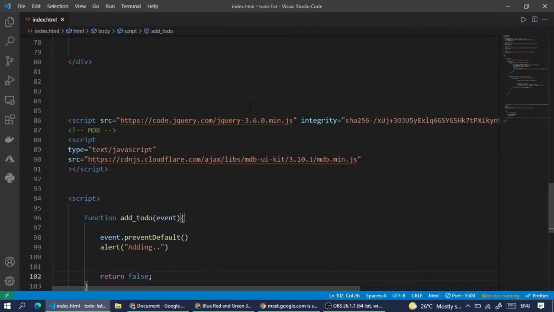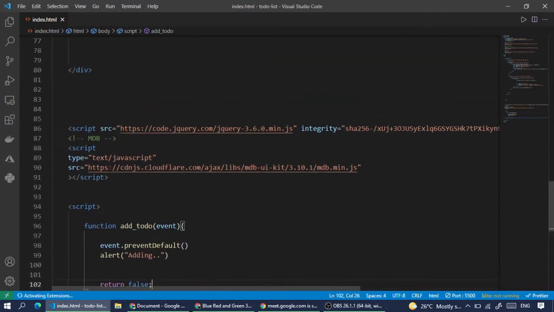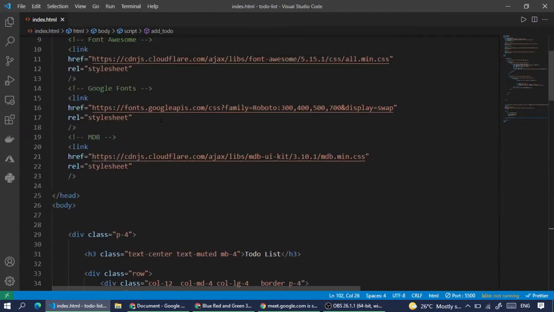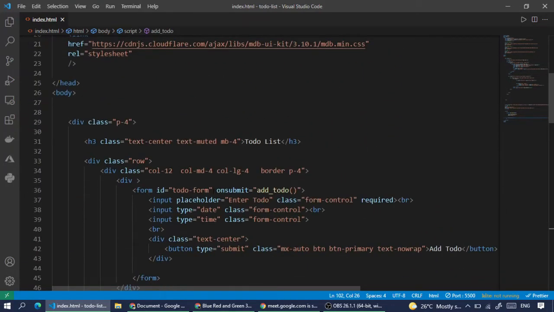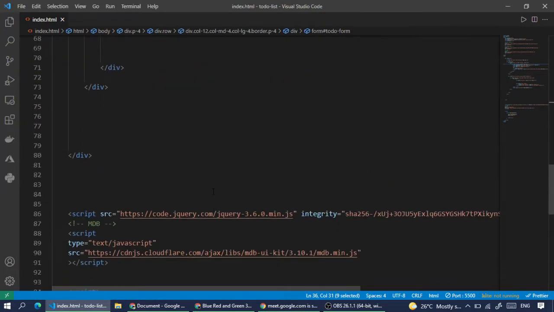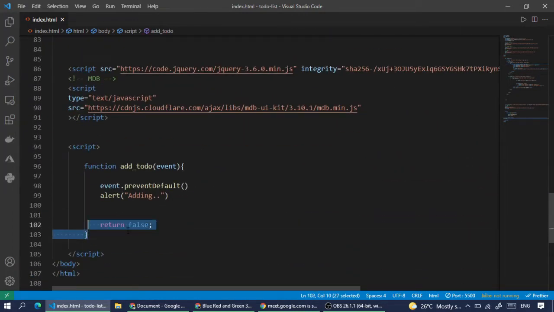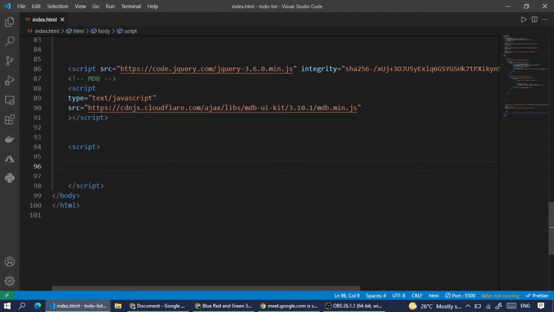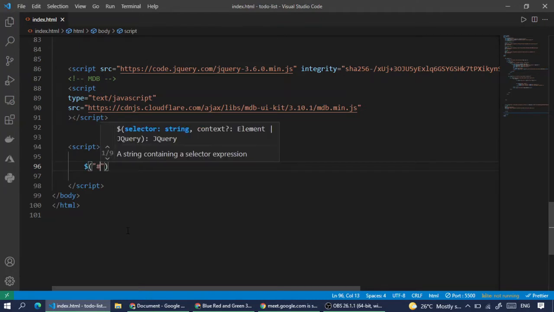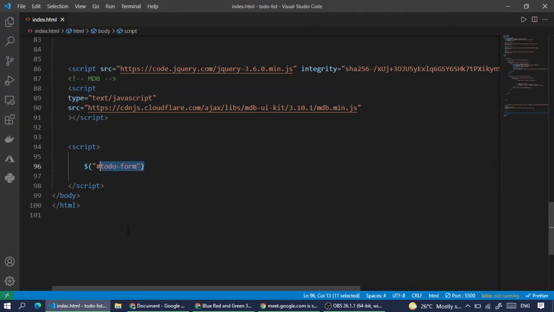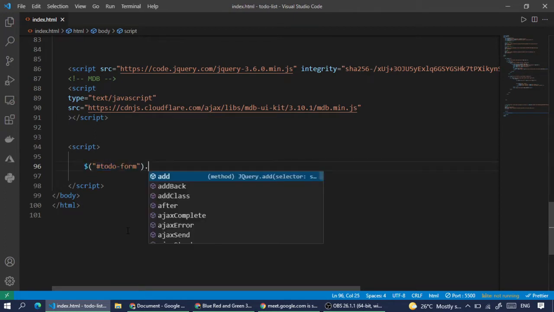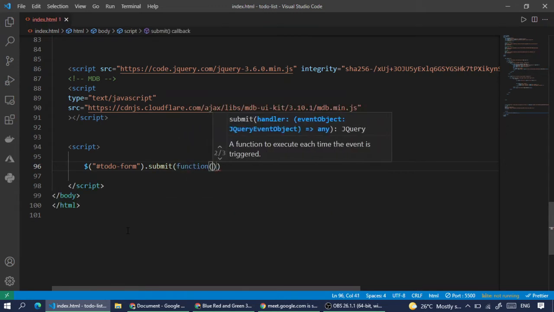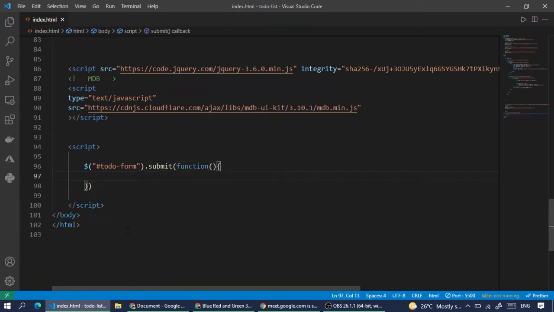So the easy version of doing the same stuff with jQuery is we just take the ID from form. So here we have got the form ID, and in JavaScript we have seen document.getElementById, and then inner HTML, or we use the document object model, right? So in a similar way we use hash and then ID. So this statement is similar to document.getElementById to do form dot submit function. So it's a shortcut basically. It's doing the same stuff in a much better way.